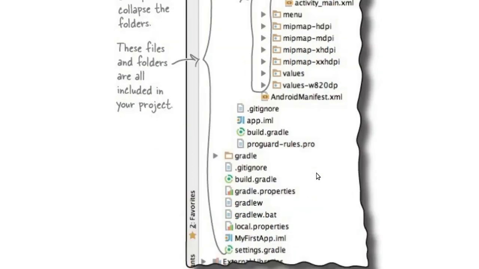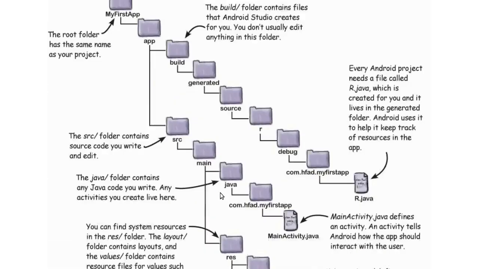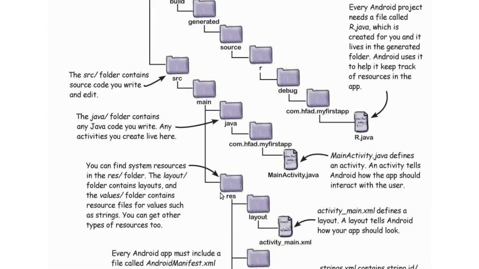And initially you don't need to understand all these things, Gradle properties or Gradle. Gradle is a tool that is used for the building purpose, so you don't need to understand this for this crash course. So that is the same thing that I have already explained, that we have the main activity, we have the XML file, we have the r.java file.